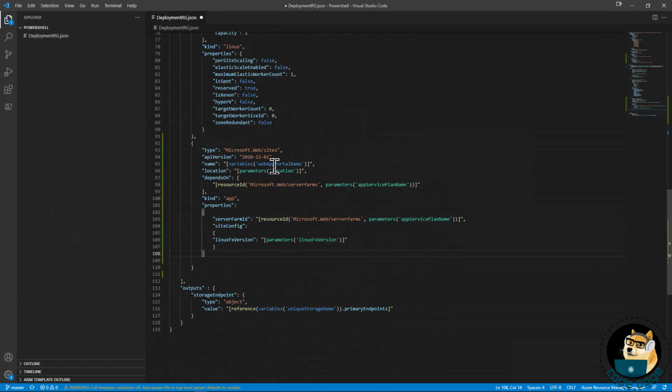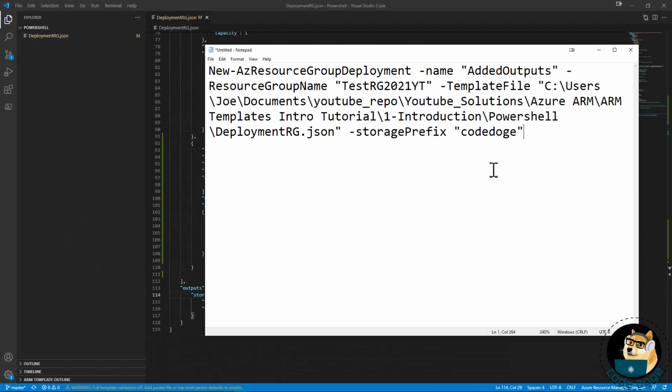And we have that the name will be taken from web app portal name. Okay. So I think we're good. Alright, so now let's go ahead and create the command. Another reminder, you can always look at the GitHub for the command.txt that will have a list of all these